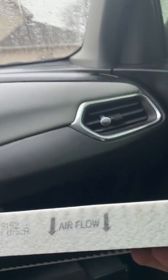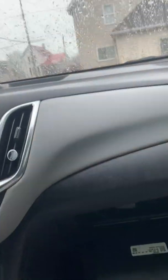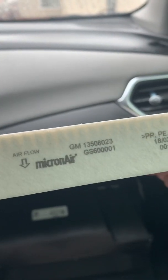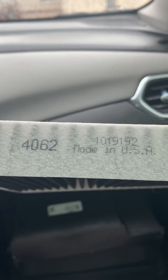Okay, now you have arrows on here, the airflow. All right, it's going to flow down. So it needs to go in like this. All right, the other one had arrows as well, went in like this. Okay, and this does have a little part number right there, and I noticed that we have a little part number right there. Okay, so let's go ahead and put the new one in